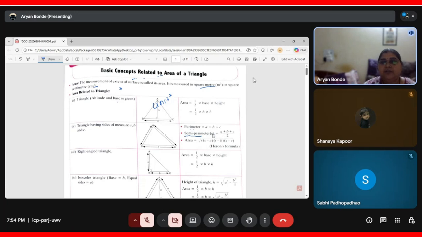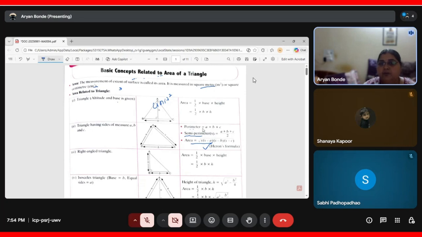Once you get the semi-perimeter, by using this formula, area is equal to the square root of s into (s minus a) into (s minus b) into (s minus c). By using this formula, we can find the area of a triangle, and this formula is also known as Heron's formula. If the example asks you to find the area of a triangle by using Heron's formula,